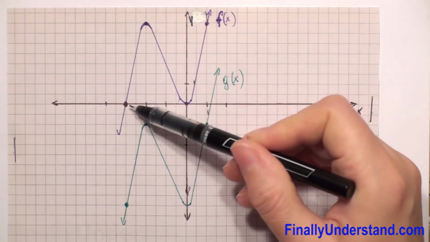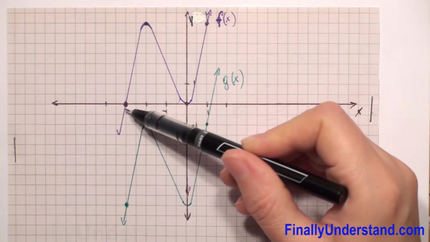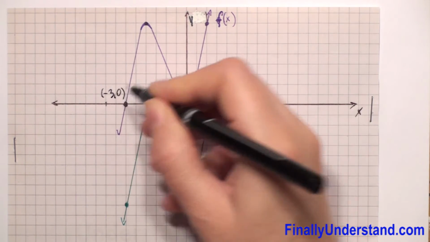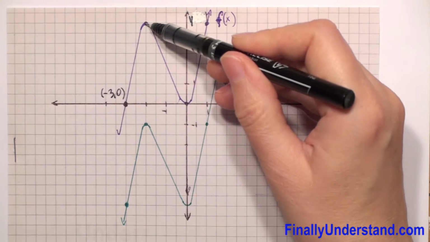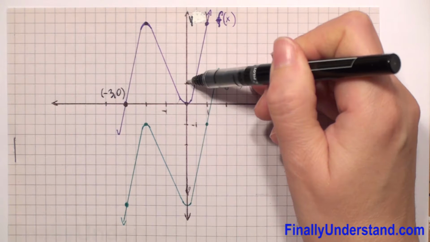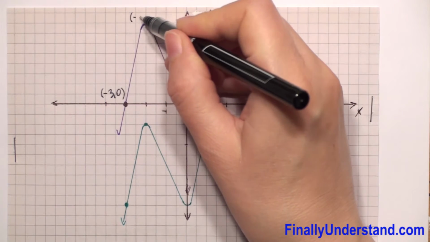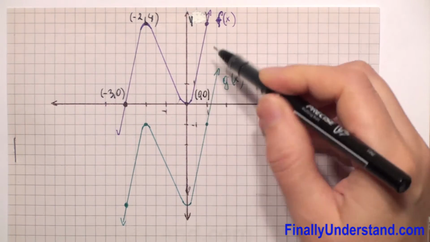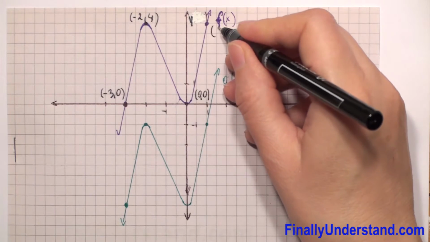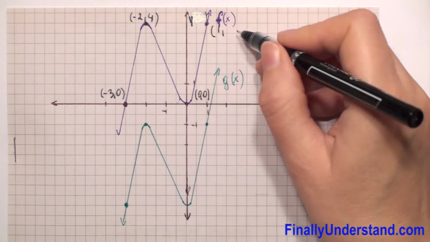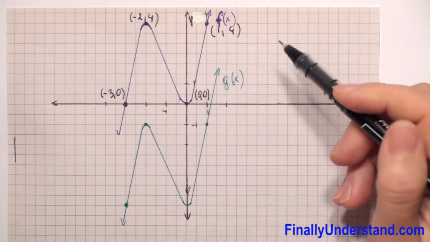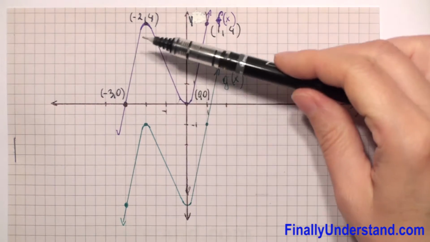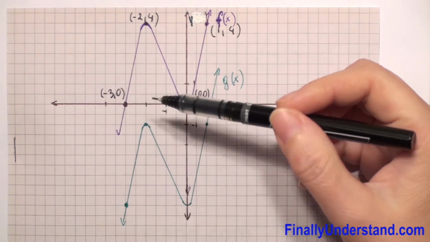We have points on the graph of f. The first point has coordinates -3, 0. The next is -2 and 4. Then we have the point 0, 0, and this point has first coordinate 1 and the second is also 4. What else? When we look at this f graph, we see that the green one is lower. So let's check